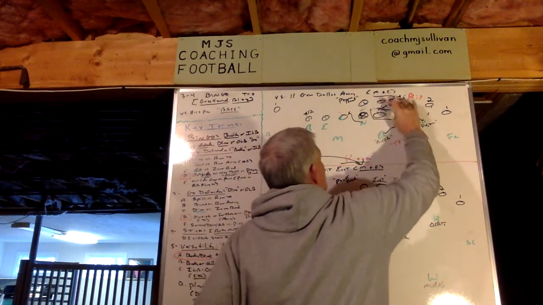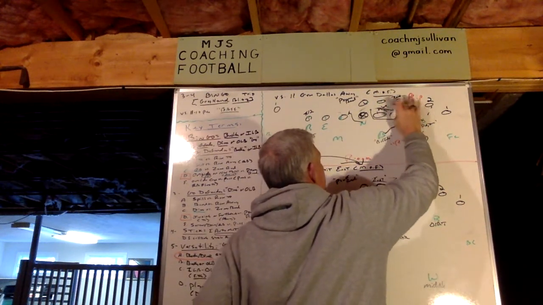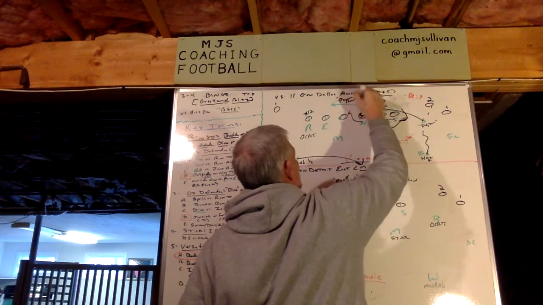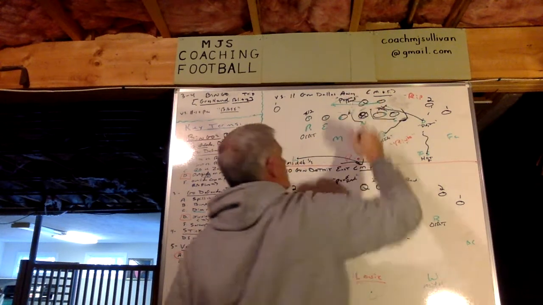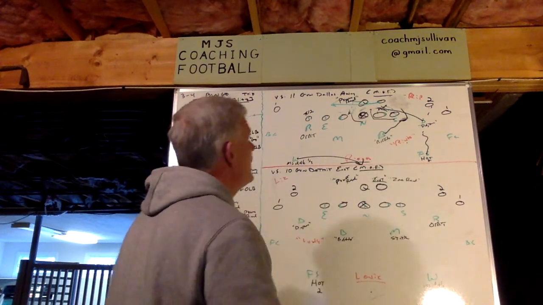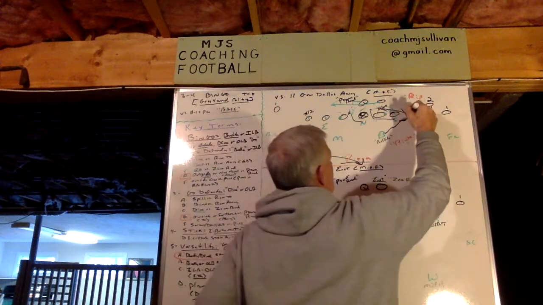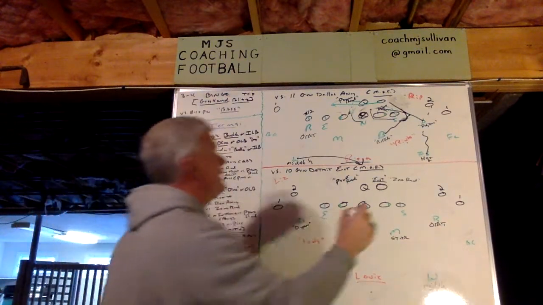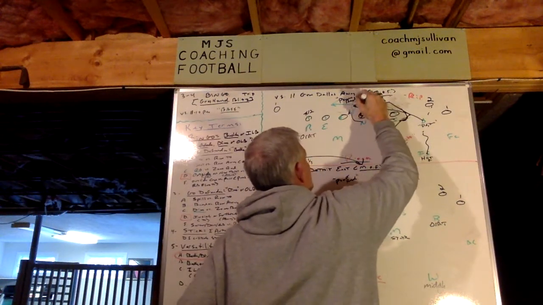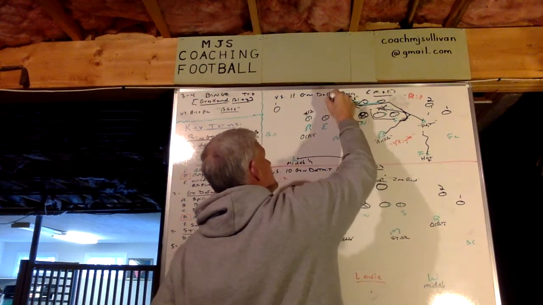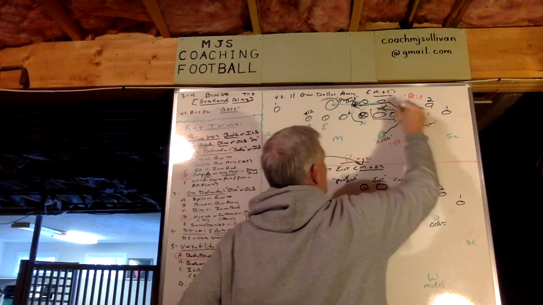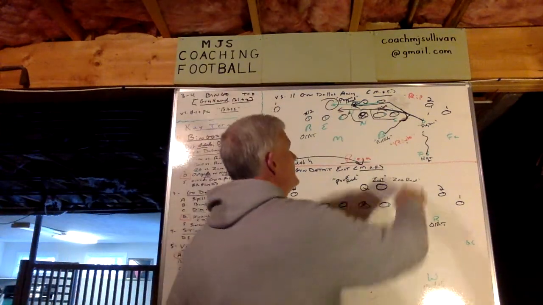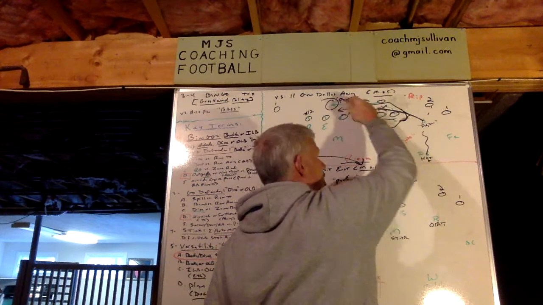So now, power read. Let me erase this. Power read. Right? Start with the dog. The dog's here now, right? Near threat is the quarterback. Far threat is the go. Now, that being said, okay, it's more likely than not that the dog will get there first